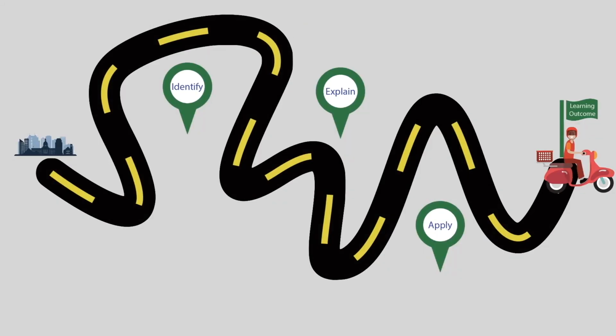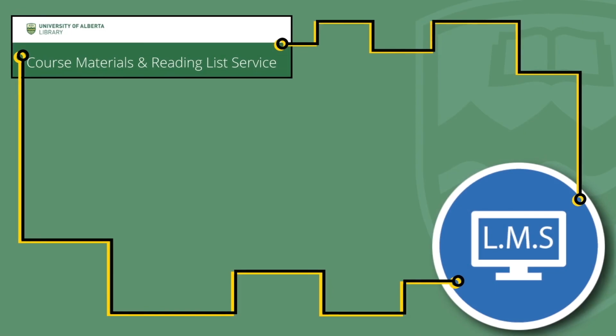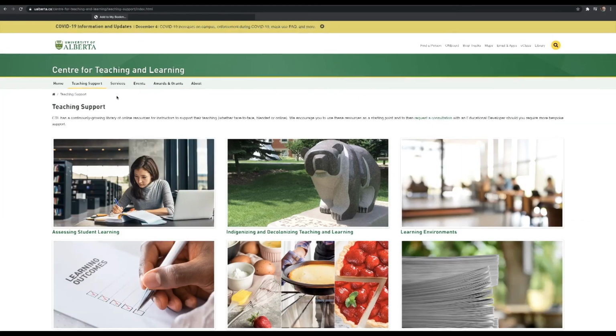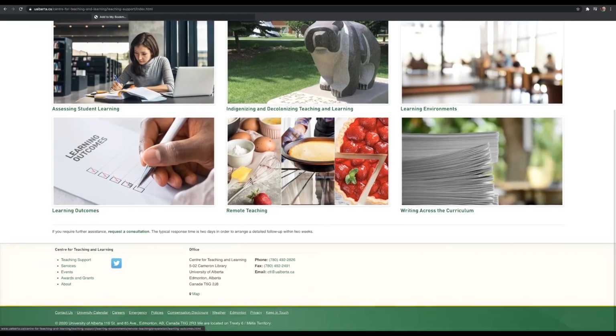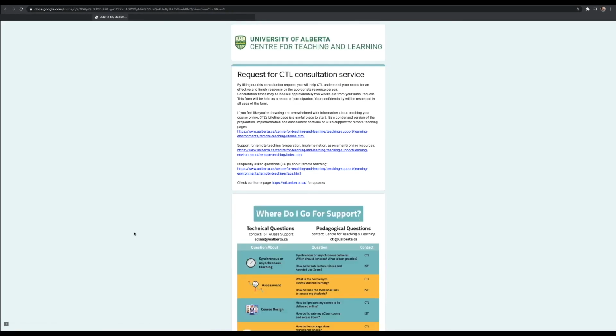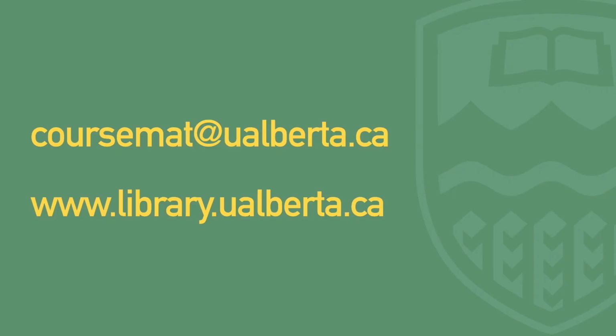Using the reading list and eClass together keeps your course on track and helps you achieve your learning outcomes. While I have demonstrated one way to set up your reading list and eClass, there are many variations, so you can tailor it to the way that suits you best. If you are interested in some more information on effective implementation of your reading list and eClass, contact CTL for a consultation. If you have any technical or resource-specific questions, contact the library at